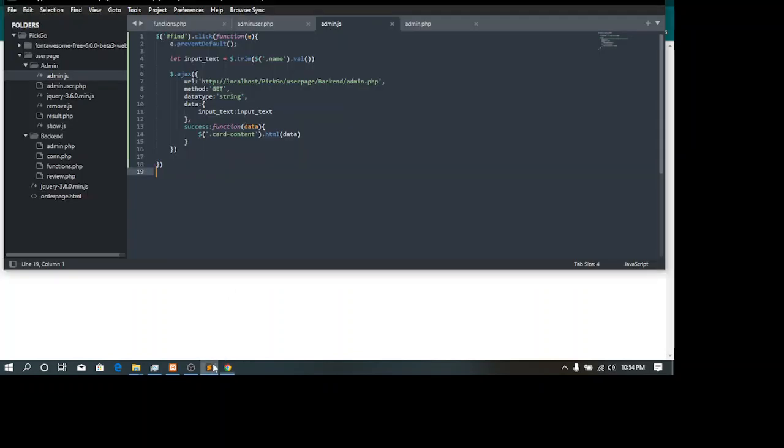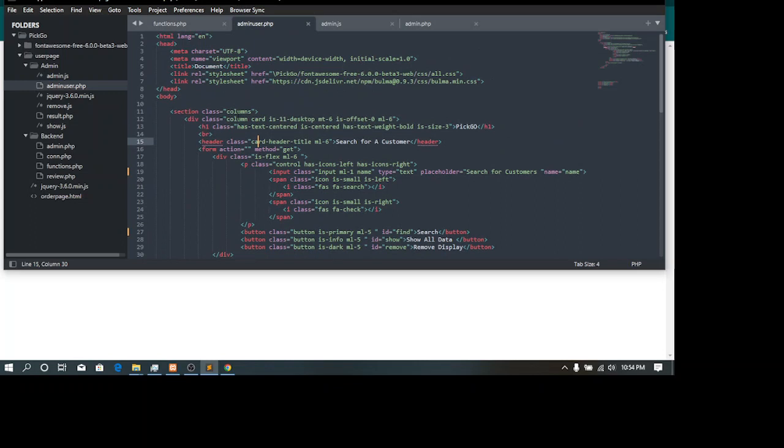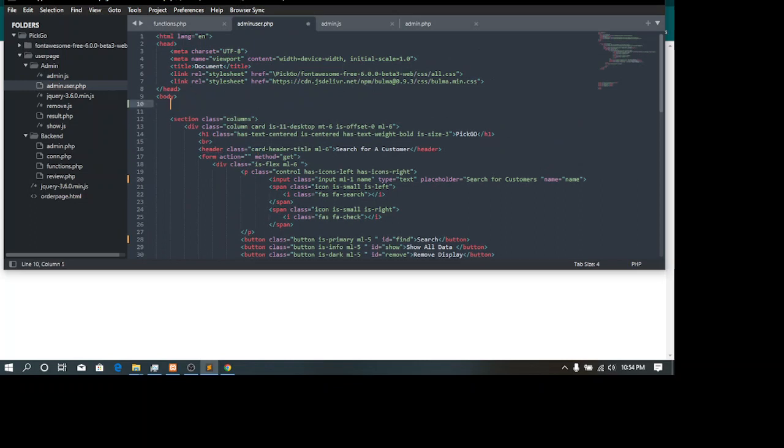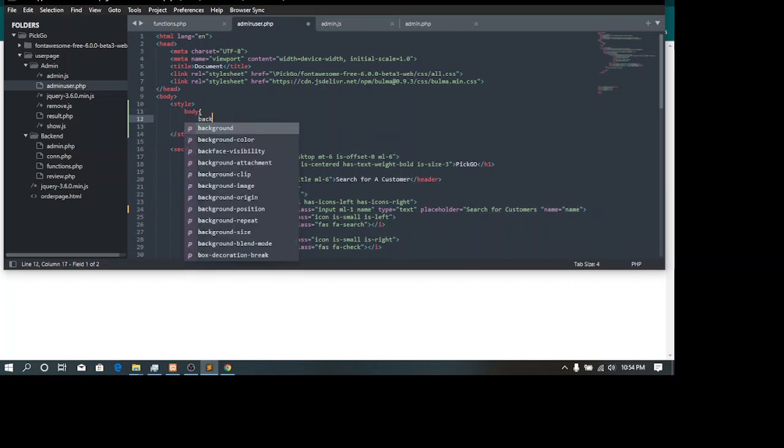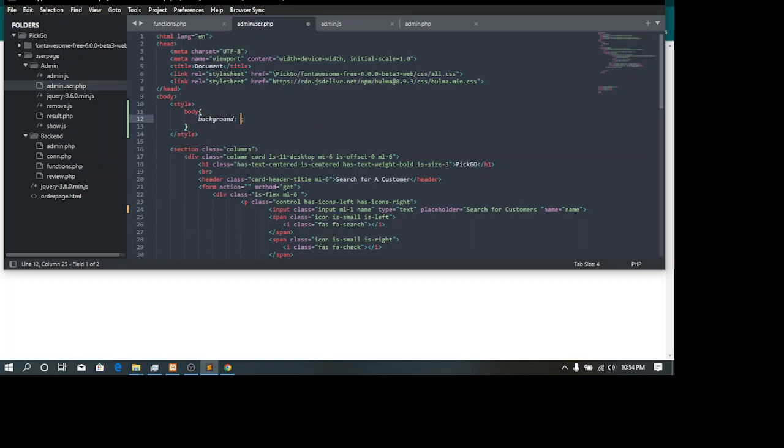Let's give this a background color here. Just say style, body background, F6, F7, F8.